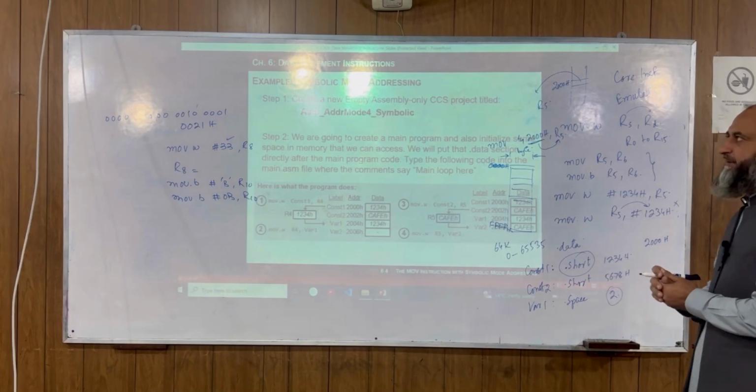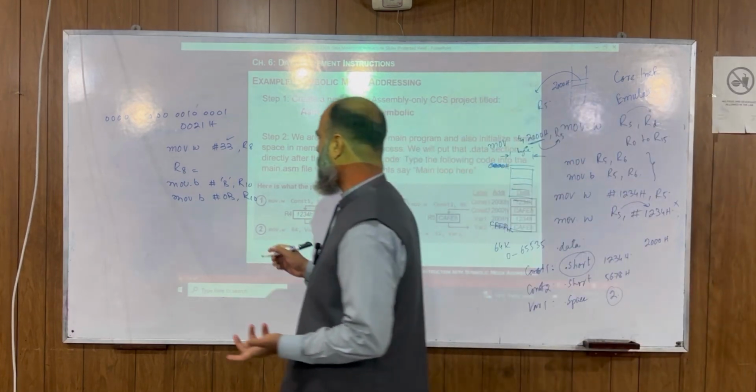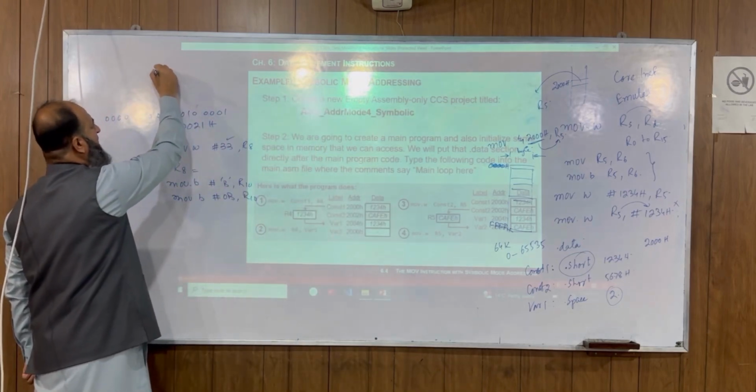ठीक है जी. एक प्रोग्राम आपको कराया था लास्ट टाइम.